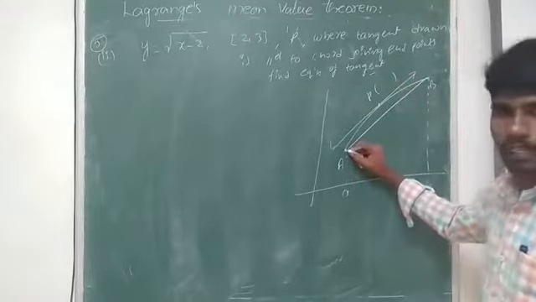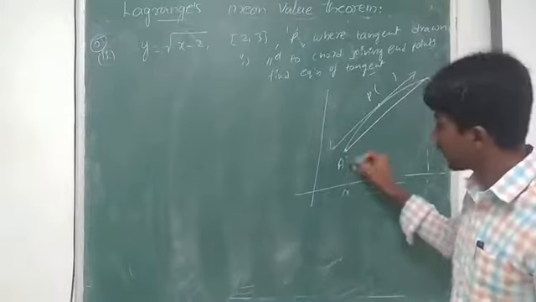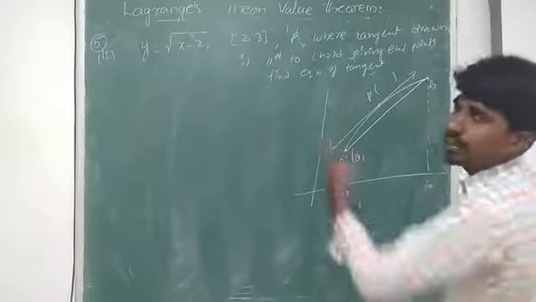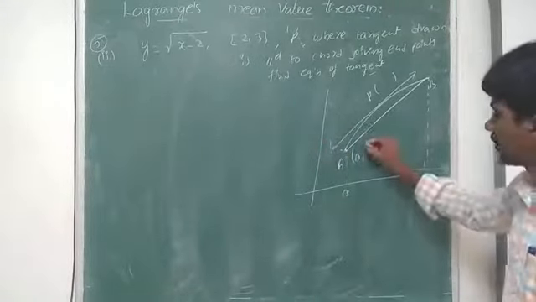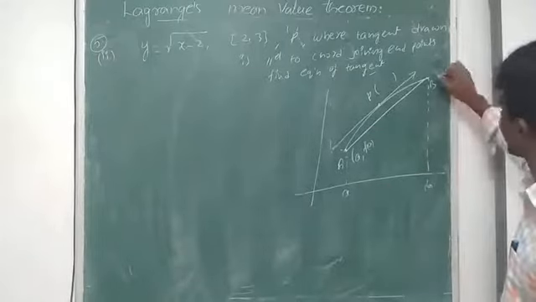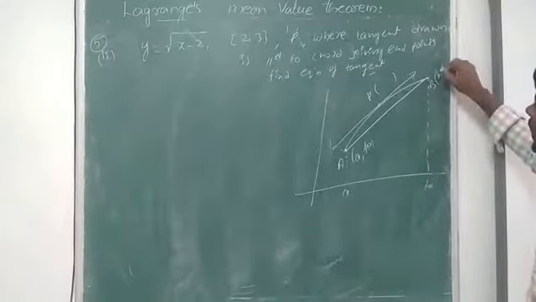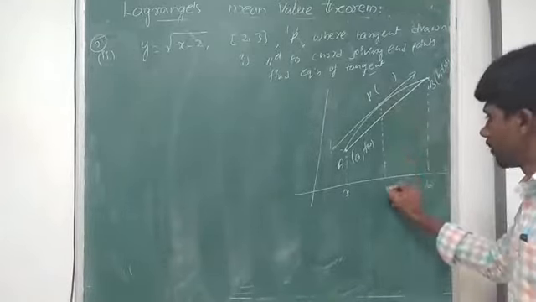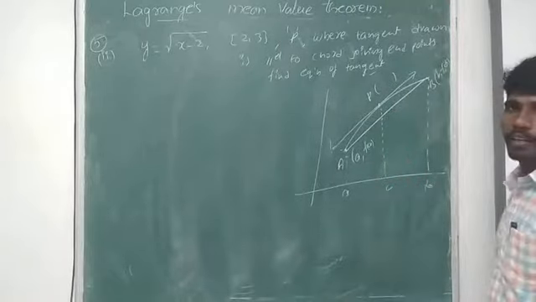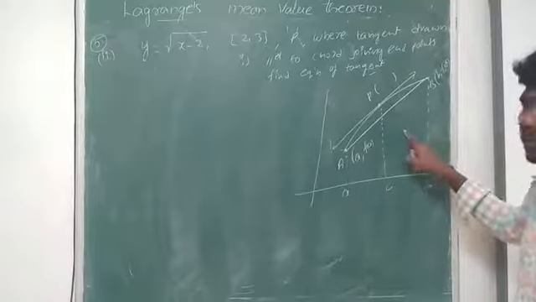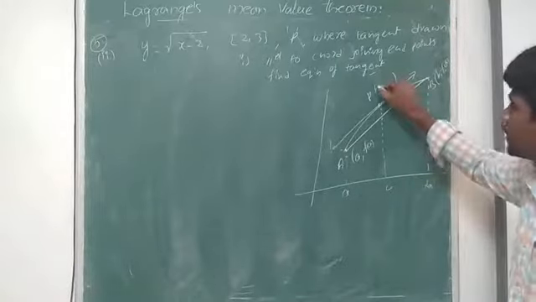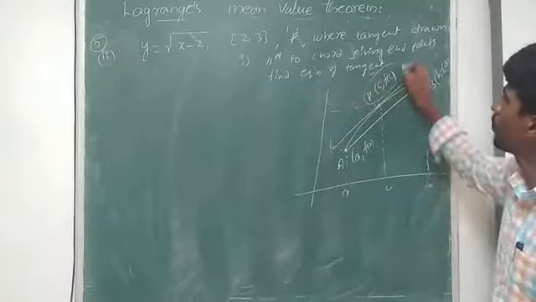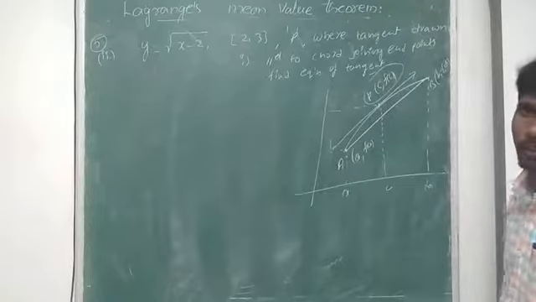See, this is a point A. How I get the points, these end points? Particular x coordinate is a, and how I get y coordinate? Simply substituting a in a function f of x, nothing but f of a. So what is the second end point? If it is b, I get f of b. So I need to find a point c, at which I get a tangent drawn parallel to AB. So a point, how I get c and its y coordinate, which is nothing but f of c. So I need to find out the point P, which is nothing but c comma f of c.